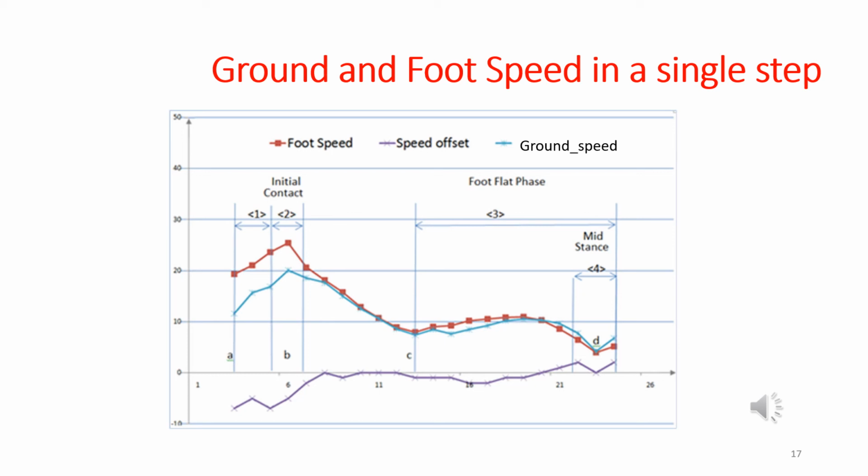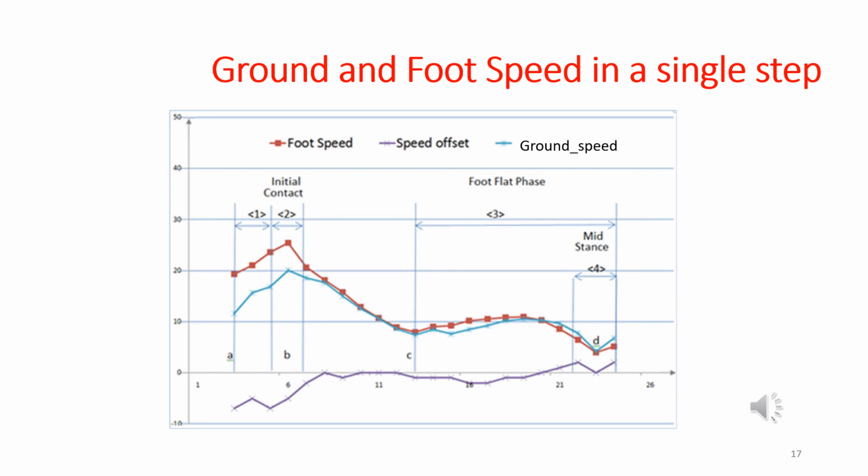So in this picture, we can see when the supporting foot is down, foot speed and ground speed are detected and calculated. The difference, or the offset, of the two